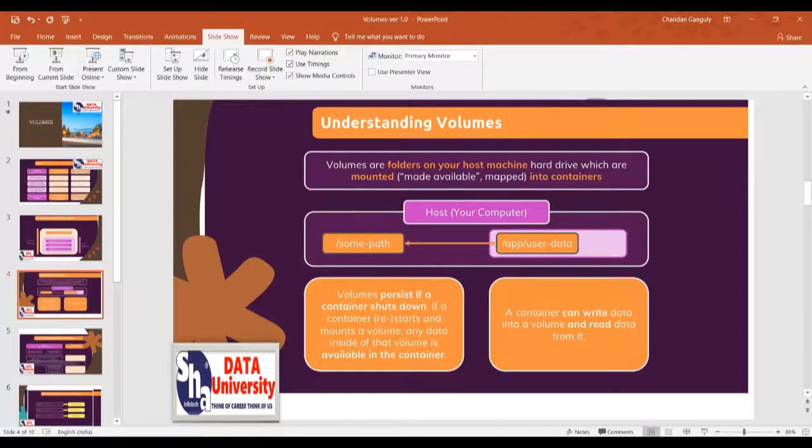Another fun part is that we will be able to attach the same volume to two containers. So let us go ahead and see how this is achieved.